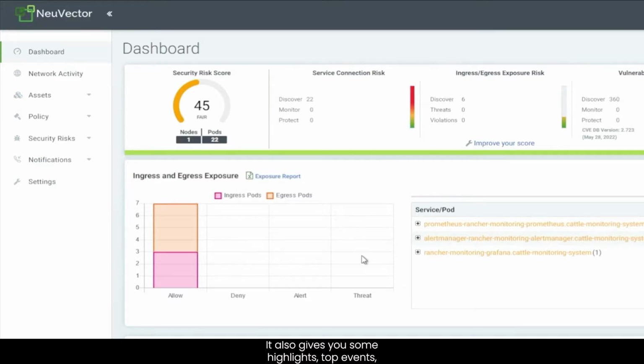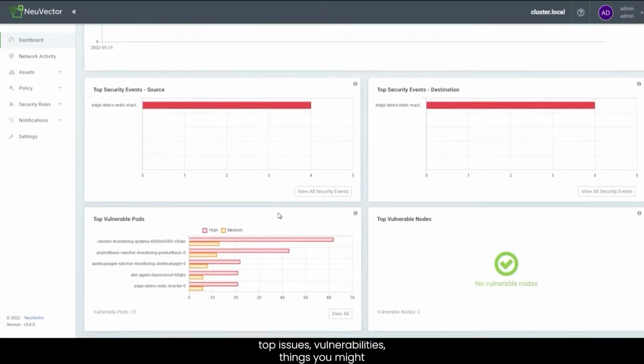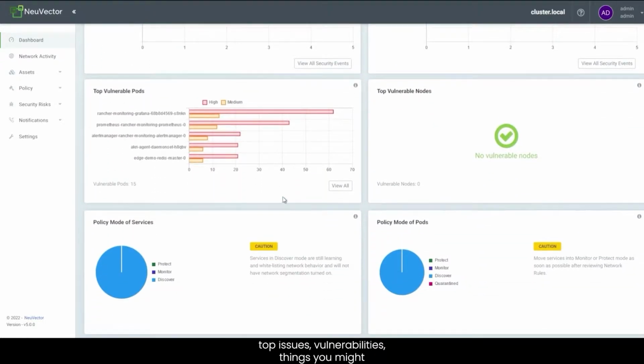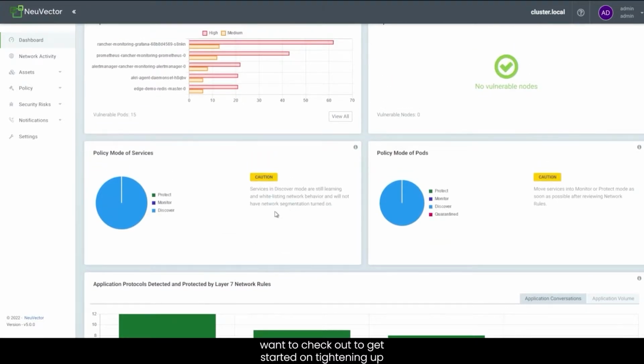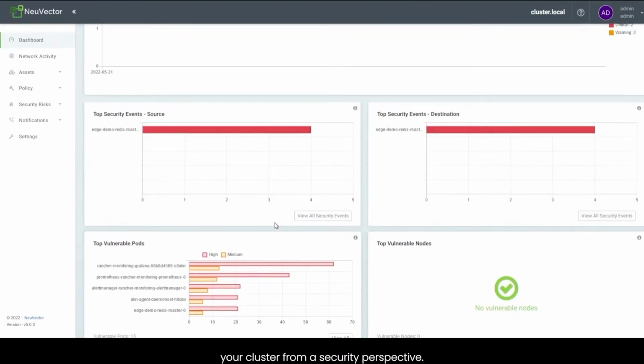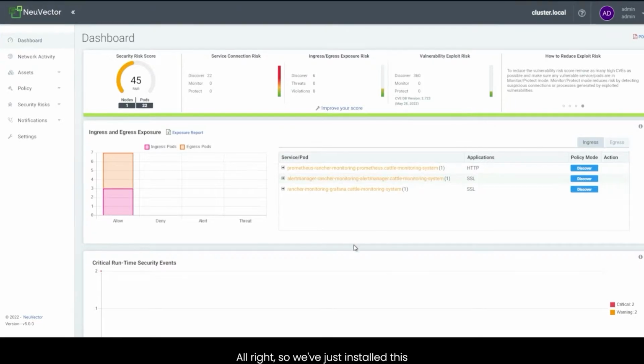It also gives you some highlights, top events, top issues, vulnerabilities, things you might want to check out to get started on tightening up your cluster from a security perspective. It also gives you some tips and tricks on how to improve your score. So right through the UI here, you can follow along and get some ideas on how to reduce your exposures, your exploits.